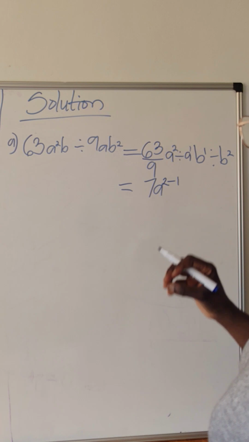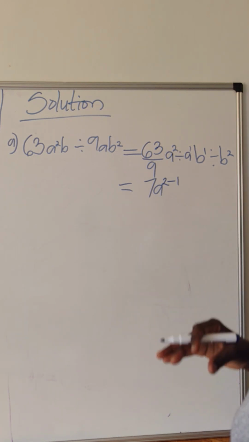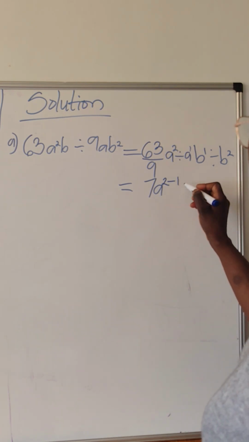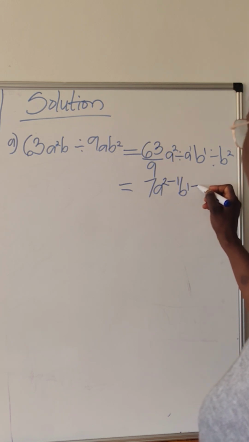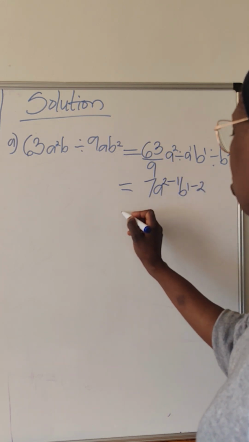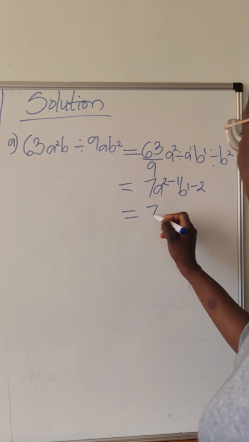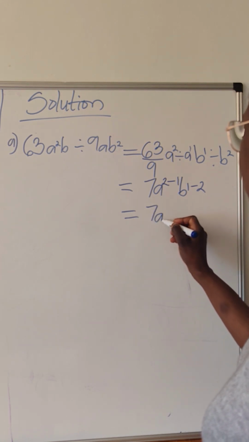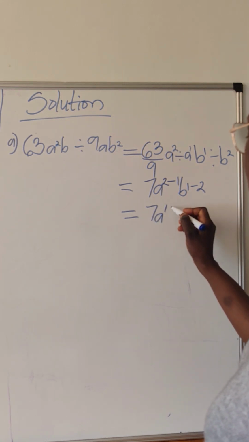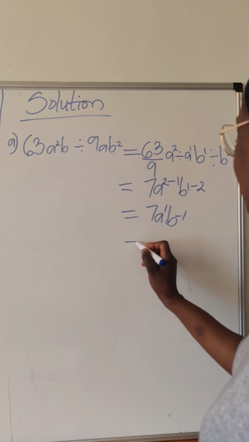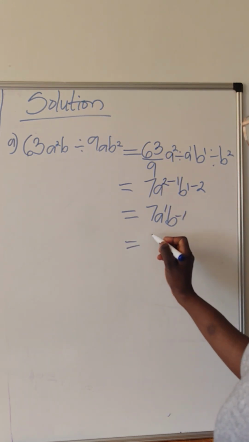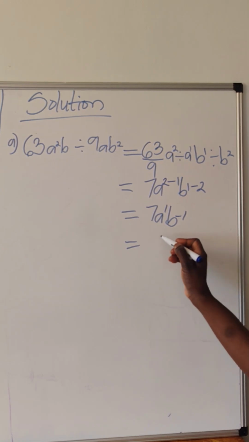We're going to put in place subtraction for the power. So it will be minus 1, and b raised to power 1 minus 2, which gives 7a raised to power 1 b raised to power minus 1. A raised to power 1 is the same thing as a,